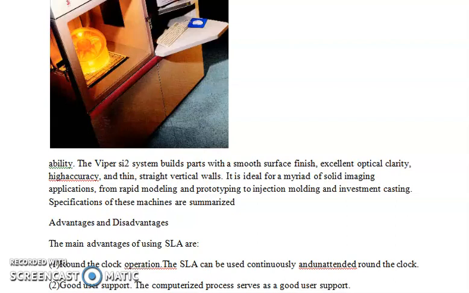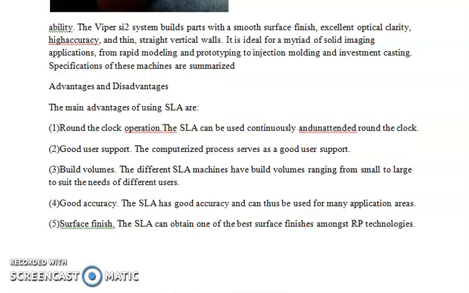The advantages and disadvantages are: the main advantages of SLA systems are round-the-clock operation. The SLA can be used continuously and unattended round the clock. Good user support: the computerized process serves as a good user support.